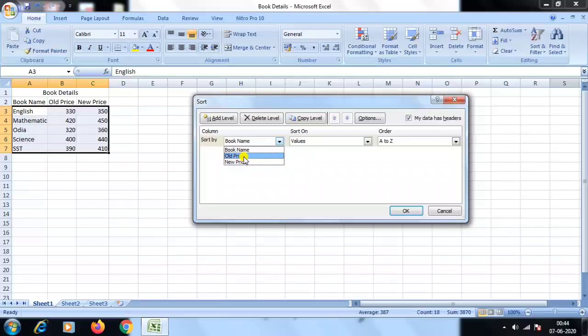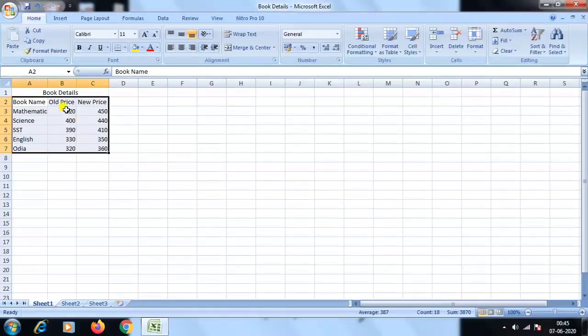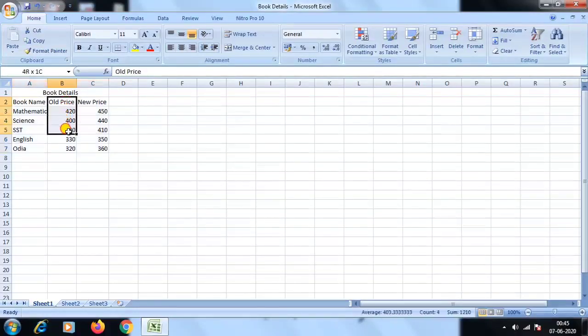Then I will click here old price, then sort on by value. You select here value, then I need to sort in descending order, means largest to smallest. Then you click on this drop down button, then click on largest to smallest. After that, you click on OK button. You can able to see here old price will be sorted in descending order.